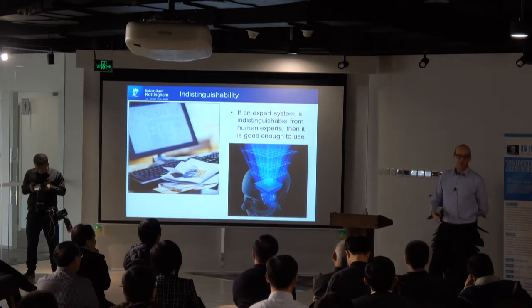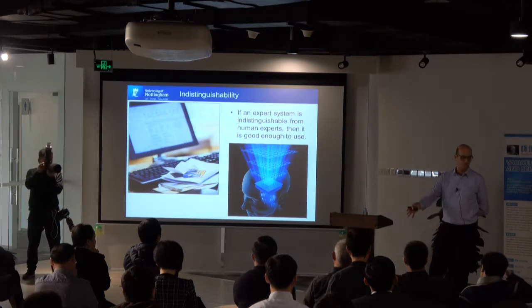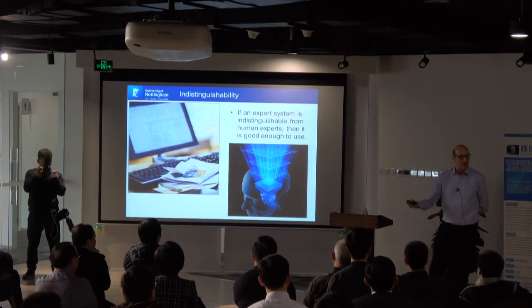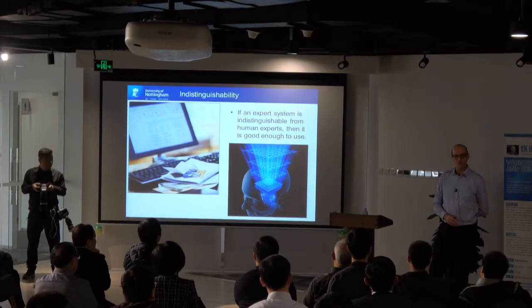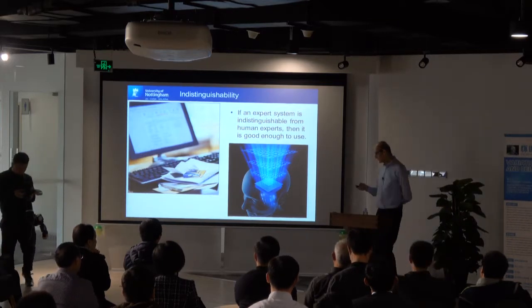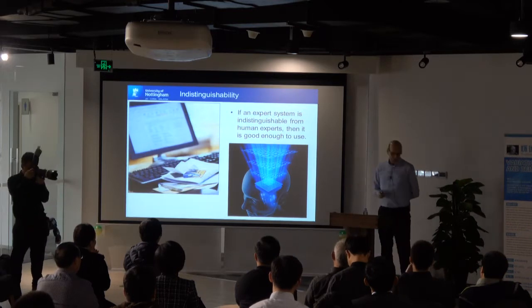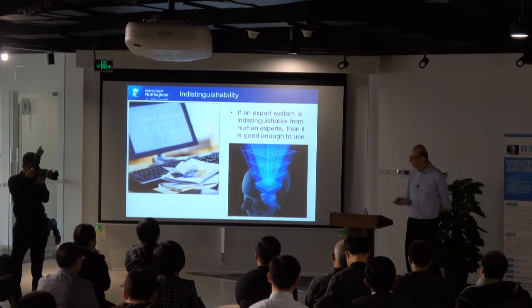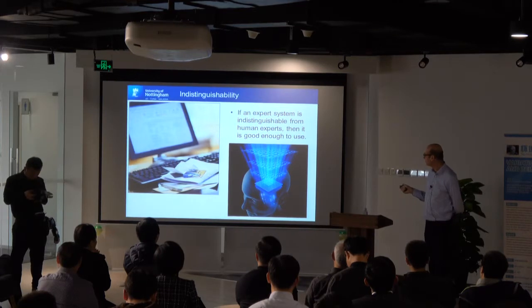A bit like Garry Kasparov and chess. If your chess computer can beat Garry Kasparov, that's a fantastic level of performance. It doesn't matter that it might make a mistake in some sense and lose a game. So we're not striving for perfection, we're striving for performance as good as a human expert.